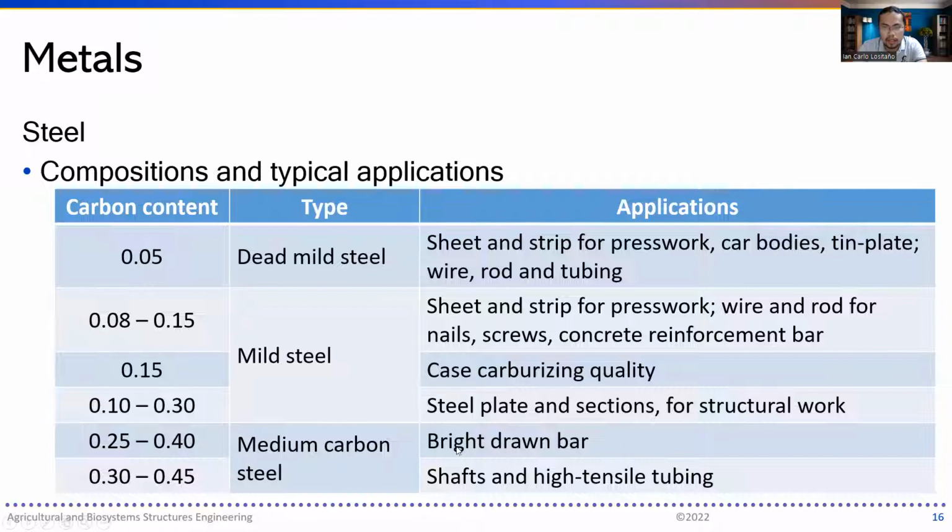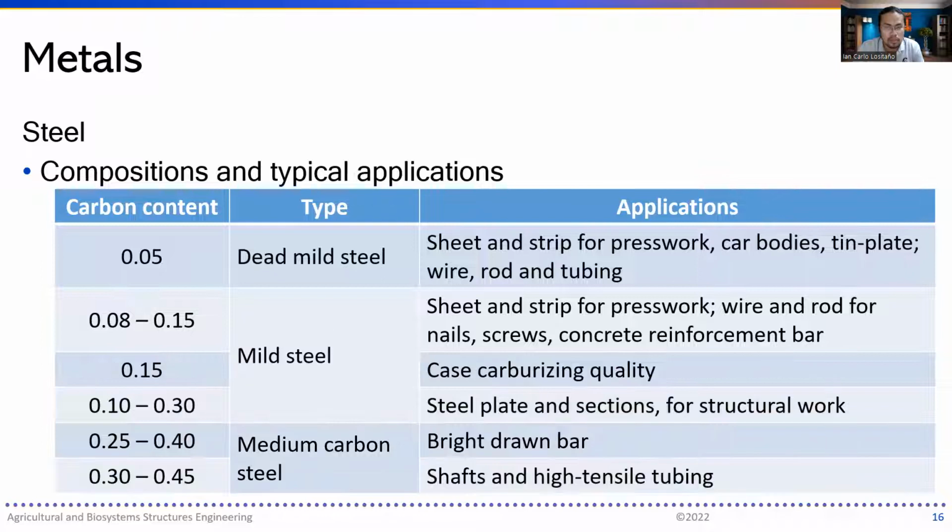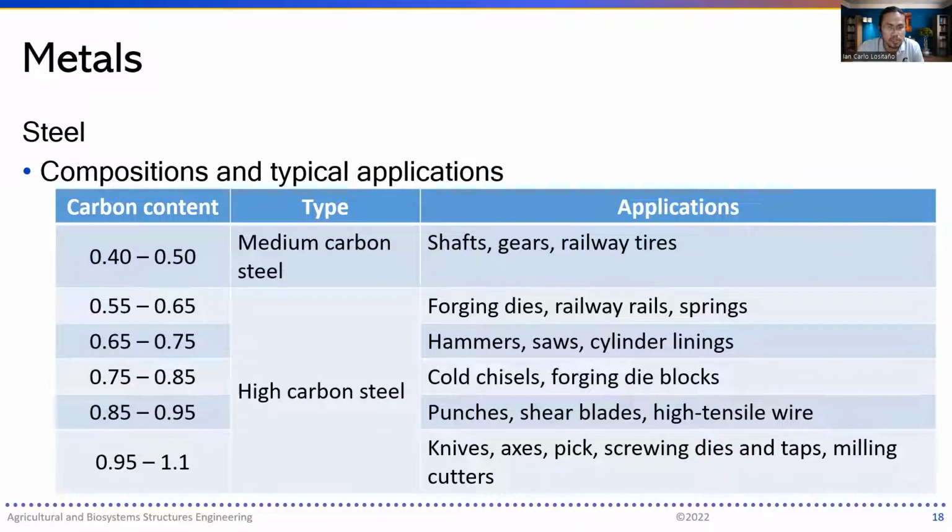This is just to show their uses, but again, mild steel is used for rebars, also for structural works. You also hear about medium carbon steel, right? Sorry, that should be out of the picture. Anyway, you have here medium carbon steel: shafts, gears, railway tires, and then for high carbon steel, these are